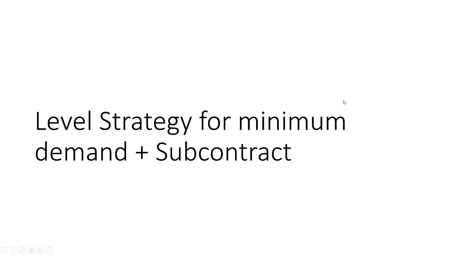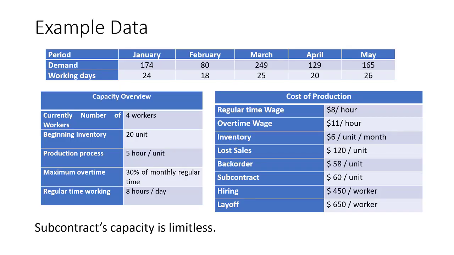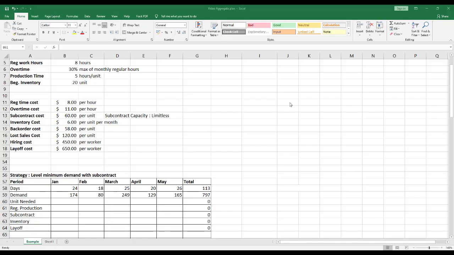For the third strategy, we are requested to use level strategy in fulfilling the minimum demand combined with subcontract. With the information given, we have to see which month has the minimum demand. In this case it is February. There is a demand of 80 units, and then we have to calculate how many workers are needed to fulfill the 80 unit demand. Now we are going to calculate the third strategy cost using Excel, and because the strategy